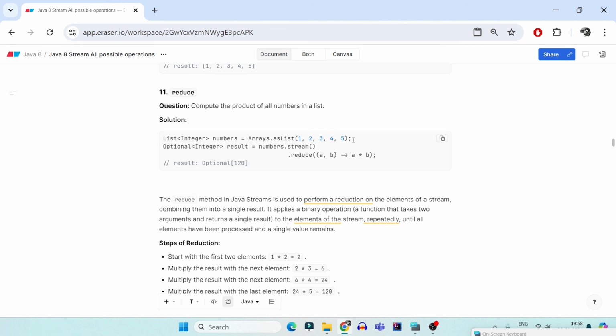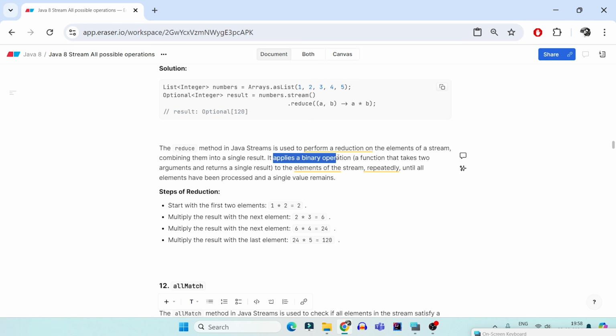Now, not doing it directly, how can I do it in pairs? I multiply 1 and 2, get the output and make it the first element. So that becomes 2. Then do 2 and 3. That makes it 6, and replace them with 6. Then it becomes 6 and 4, and 24, and then replace the whole of them with 24. Then do 24 and 5. That becomes 120. So basically you are reducing 2 elements to 1 and replacing the first in the stream with that.